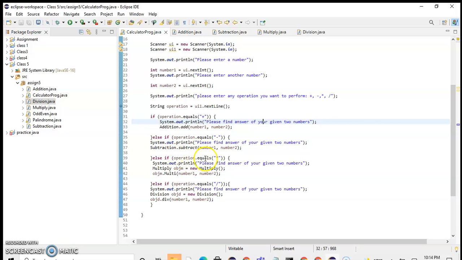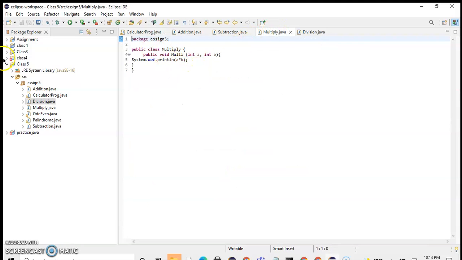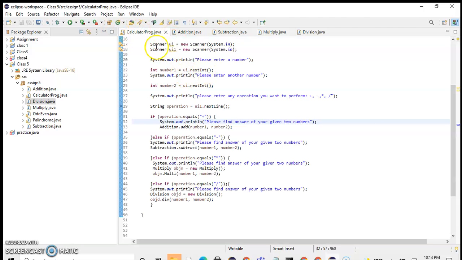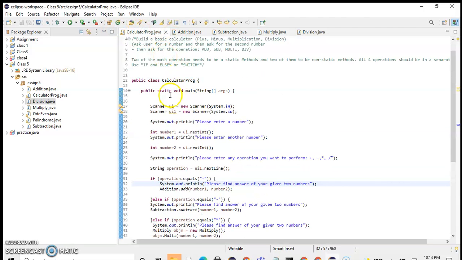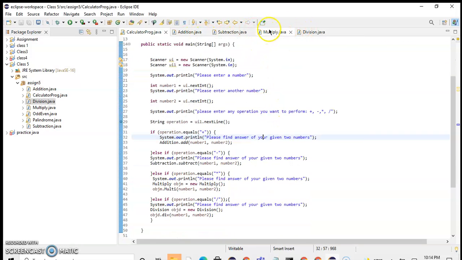Else if operation.equals multiplication, system.out.print, please find answer of your given two numbers. Again I have to call this class and method. Since this is a static method and this is a non-static method, for this I have to create an object.